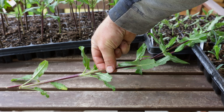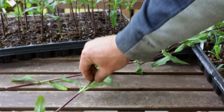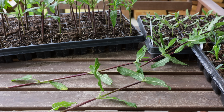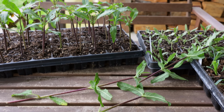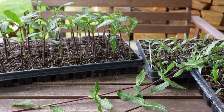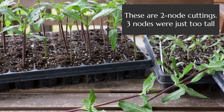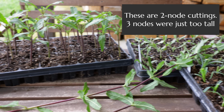is a long piece like this, which is a lot longer than I traditionally do for my propagation. It might even be too long to fit under the humidity dome in some circumstances. And what I've ended up with when I took my cuttings 3 weeks ago is a tray that looks funny, like this one here, and it's super tall compared to, and let me just pan over here so you can see,